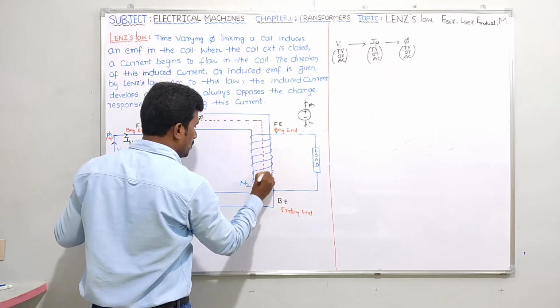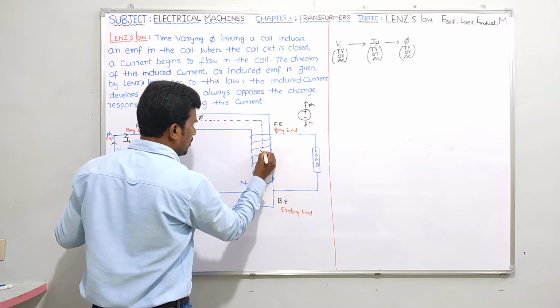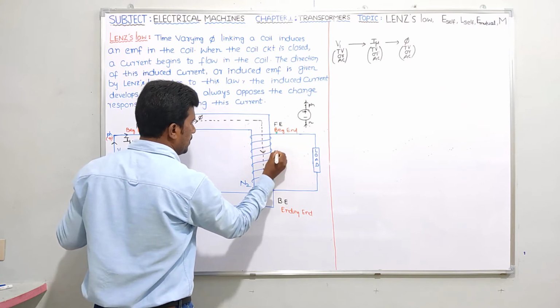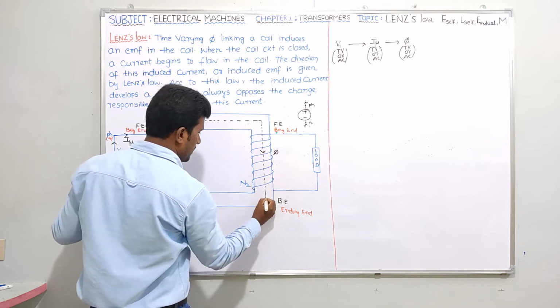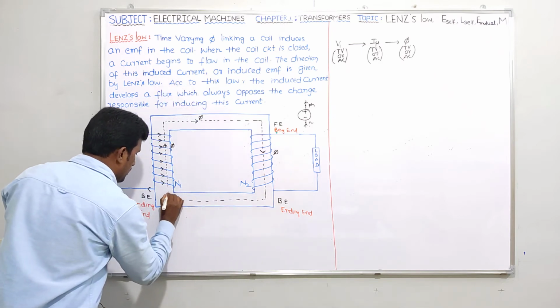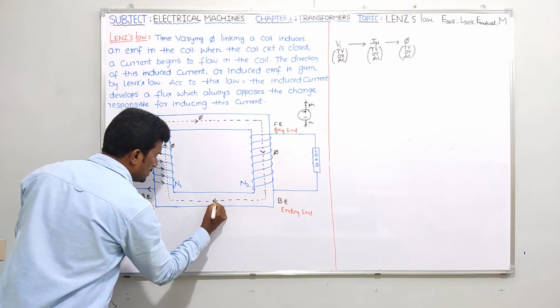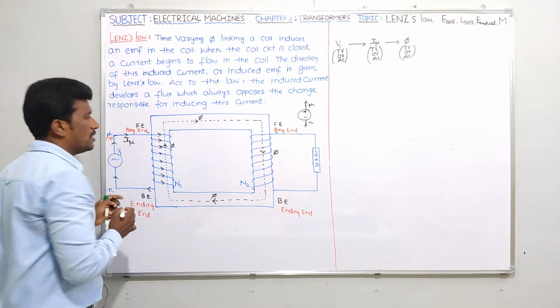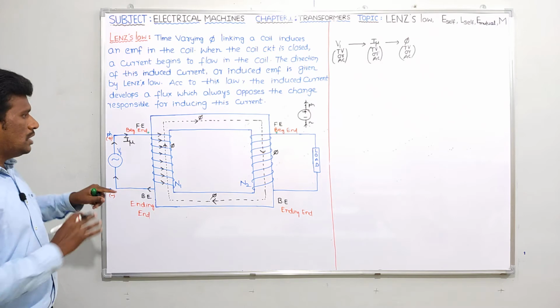Yes, it will be downwards in the secondary winding. Once again, this is nothing but phi. And here it is like this. I am going very slow, no problem. Please try to understand. This is the direction of core flux phi just shown. So let me repeat once again.